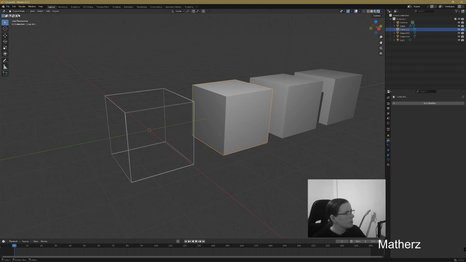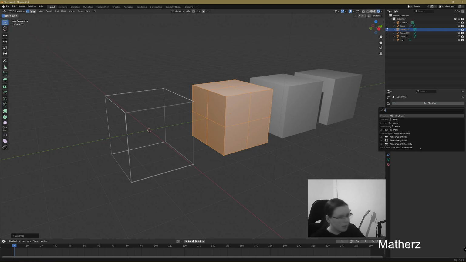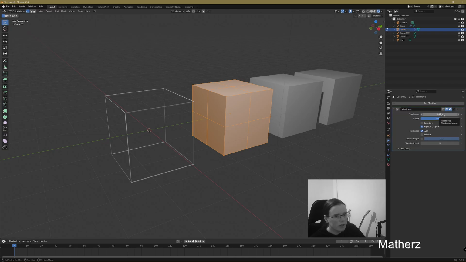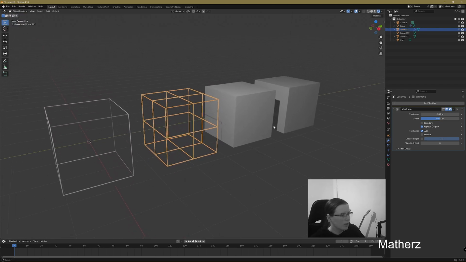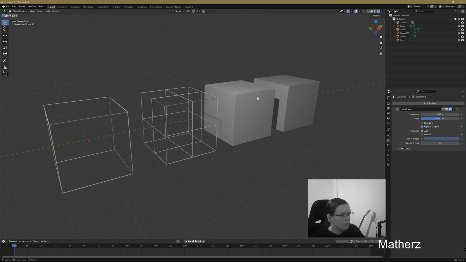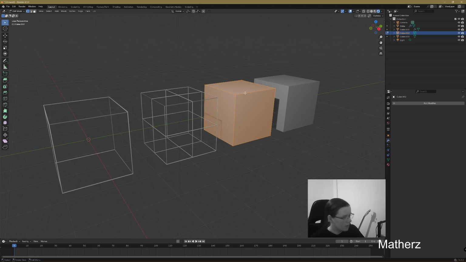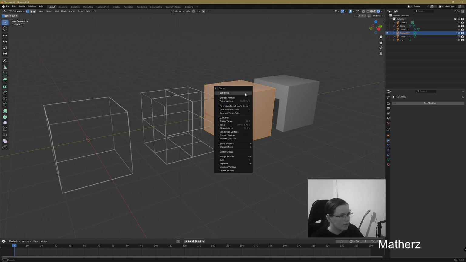Now, the second cube in particular, what I'm going to do is Control R. Actually, no, what I'm going to do is subdivide it. And then we're going to go to the modifier, which is the wireframe. And then we should have a wireframe on here if we go to object mode. So there's one subdivision. If we go to the third one and press edit, I'm going to right click, subdivide